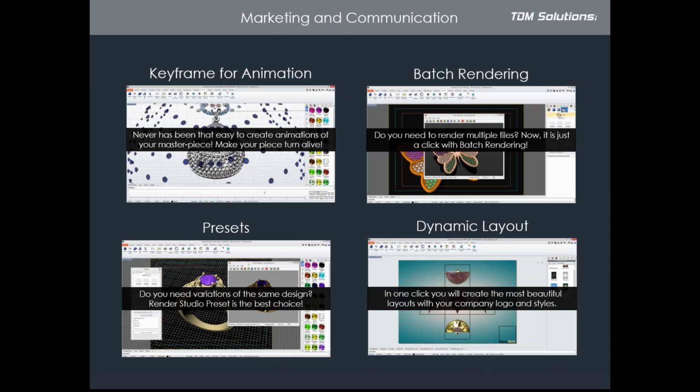Also we added more functionalities, keyframe animation, okay. This is for creating animations. In RhinoGold 4, we developed animation studio. We can animate the camera, okay. In this case, we can animate the objects, okay, and the camera, of course. And this is really nice to add value to your design, okay. Later we will see keyframe animation too.